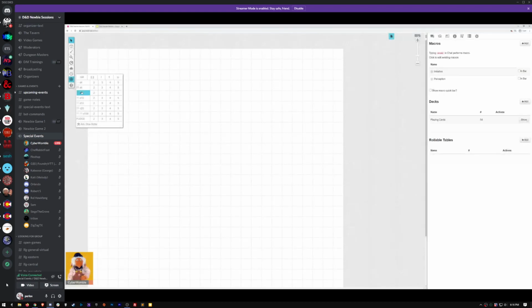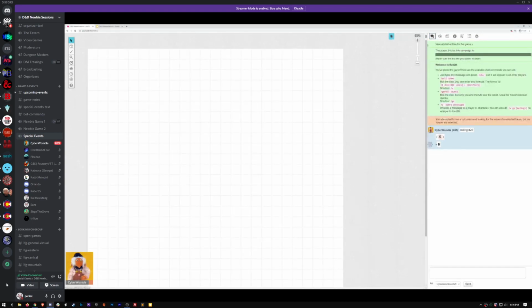There's a little quick dice roller here. If we click a D20, you'll see the little chat tab here is highlighted. If we pop into that, we can see it's just a quick dice roller, and then there's a help menu down here. The other thing I'd like to explore on this particular part of the interface is this page toolbar,